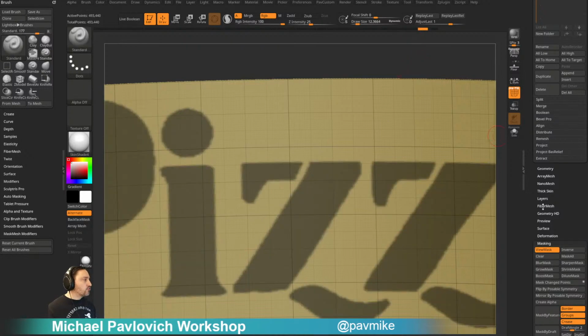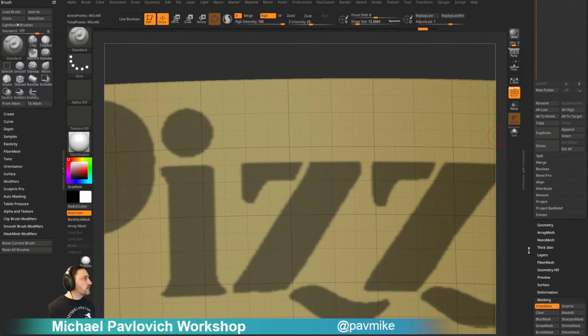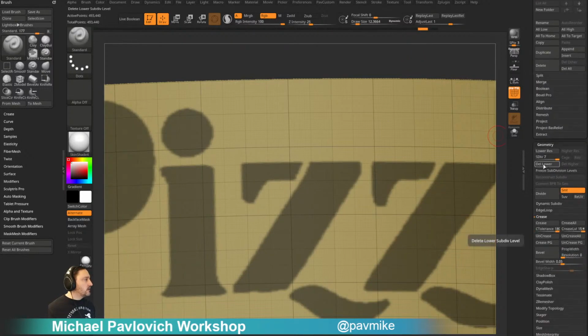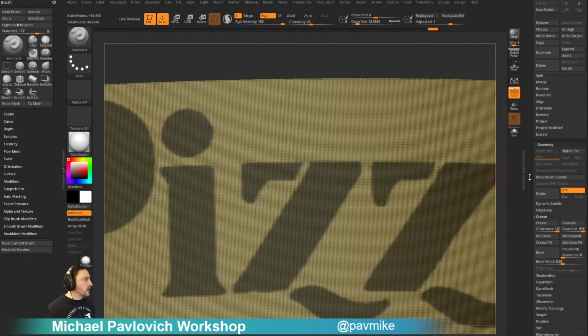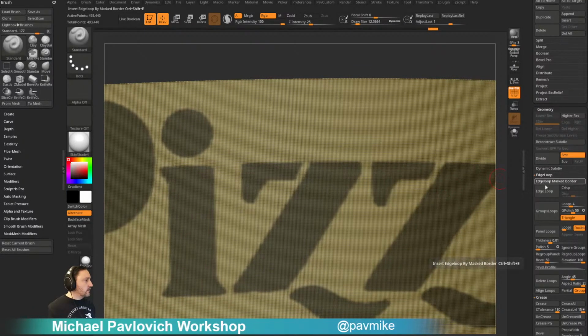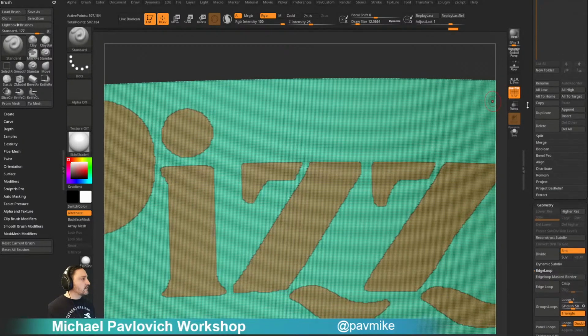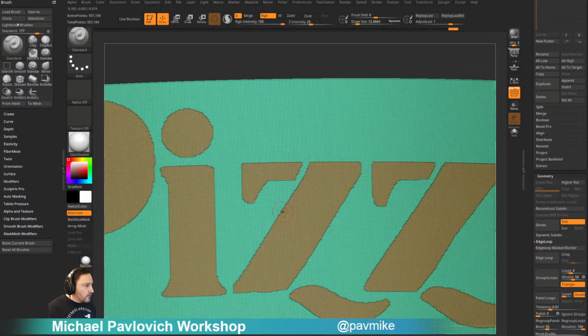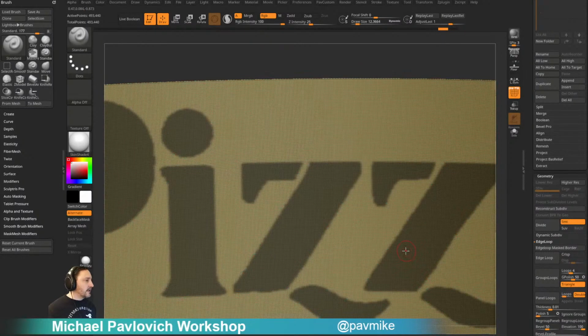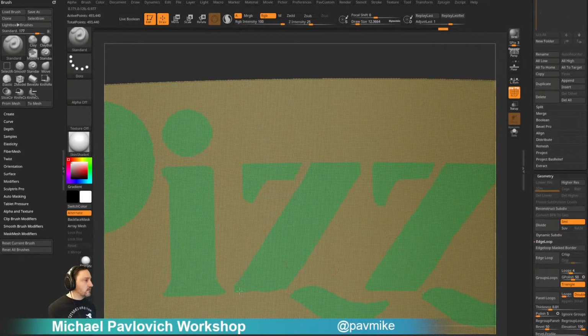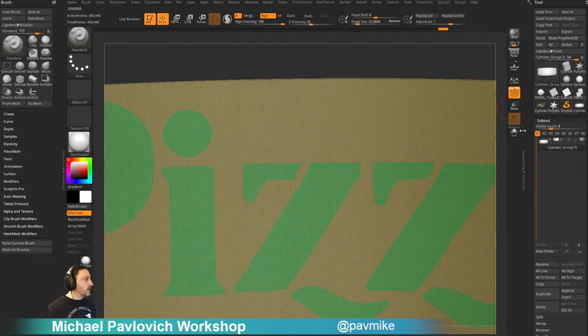If you want to try, you can go down here to Geometry, delete lower, and then go, well, let's just do it. Delete lower, and then Edgeloop mask border. However, actually we won't lose it because it's a Polypaint. And that'll go through and try and give you a little bit of a cleaner cut. However, because there's so much geometry, it's still giving me an aliased look. So in reality, I'm just gonna hit Control W, convert that mask to a polygroup, and then we're gonna go